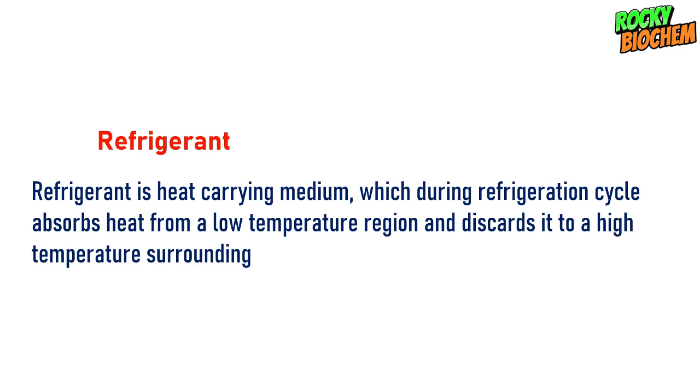So you realize that the inside of the fridge is normally cooler as compared to the surrounding temperature. So we are able to transfer heat from that region to the external environment, and this is only made possible by using refrigerants. For a substance to be used as a refrigerant, it should possess certain properties,